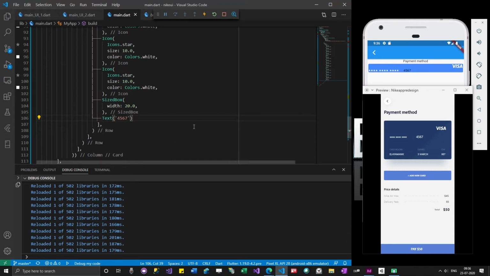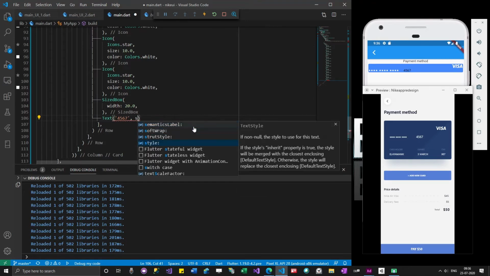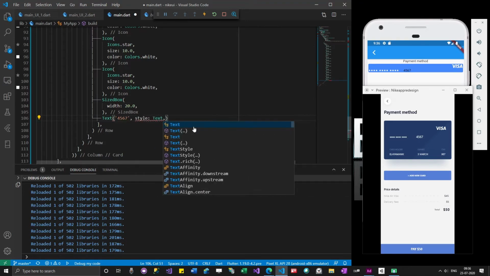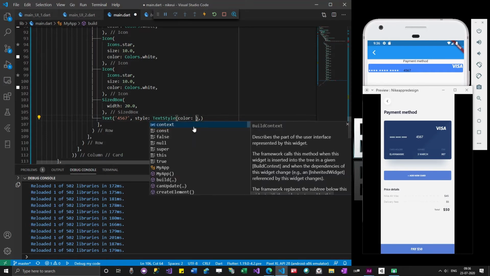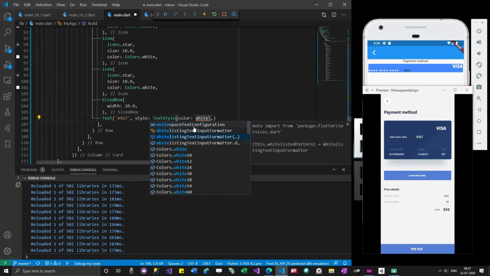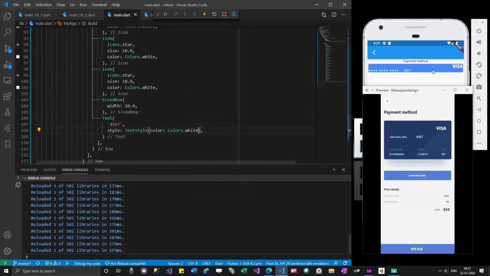Okay, so we have to give the color also. For now I'll give the color as white. Later you will actually copy the style from Adobe XD.